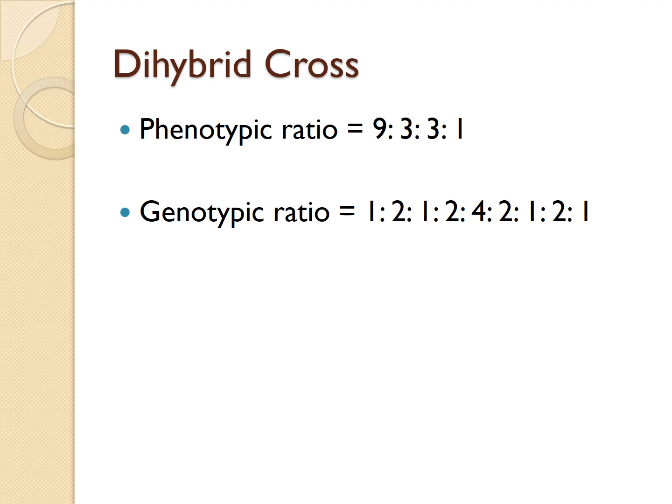So whenever you are practicing the dihybrid cross, after you solve, just check if you're getting this phenotypic ratio exactly as this one and the genotypic ratio is similar to what is shown on the screen. If you're getting phenotypic and genotypic ratio like this, it means that your dihybrid cross is correct. That is one method of checking whether your dihybrid cross is correct or not.